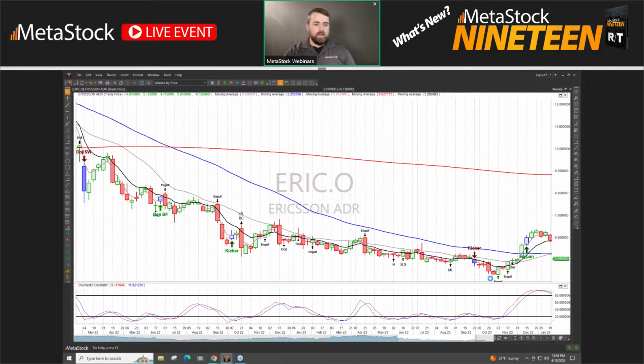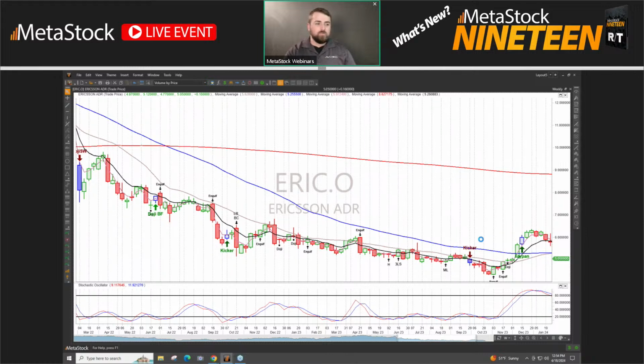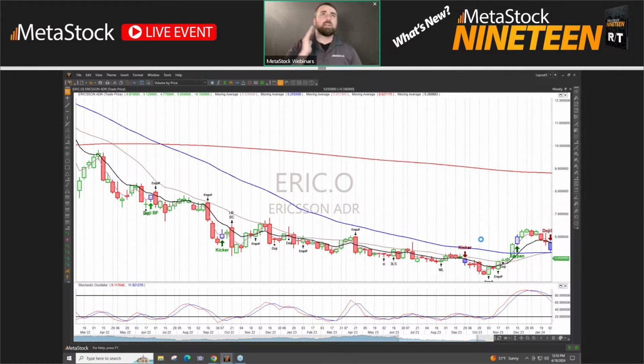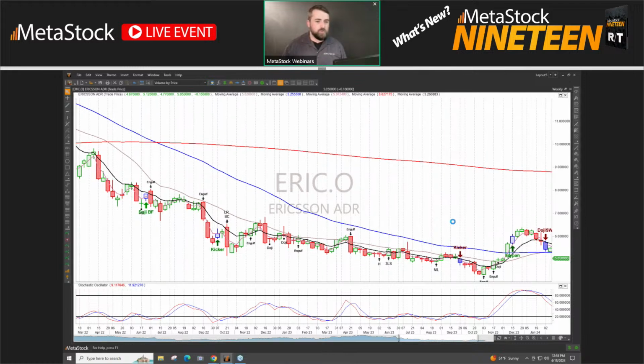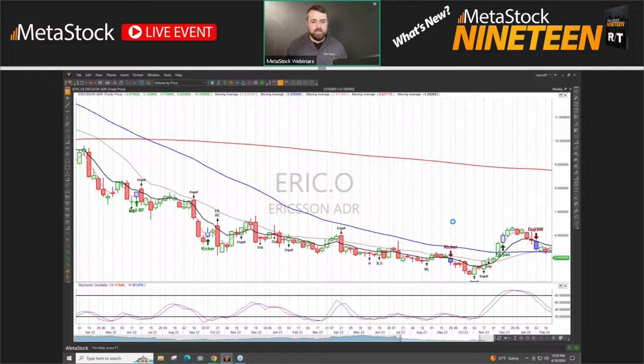Then you can just control arrow one section at a time. You could pretend, okay, if I got this sell signal here, how would I handle that? What would I do? And then you can start control tabbing over just one point at a time like this.